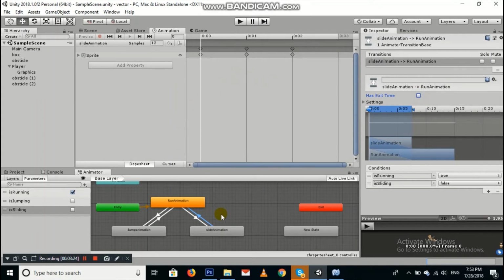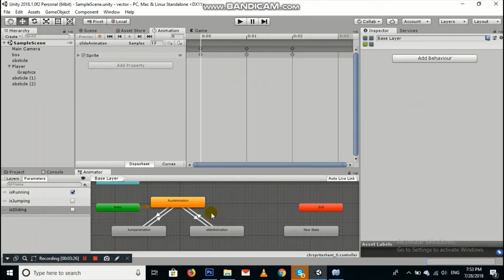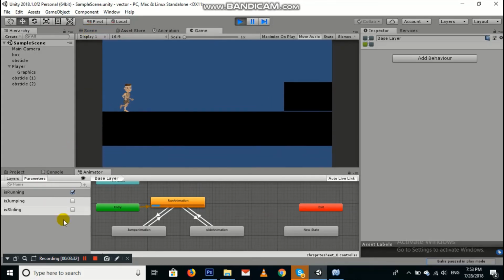Okay, so now we can check whether our graph is working or not. Okay, it's jumping, sliding off. Okay,